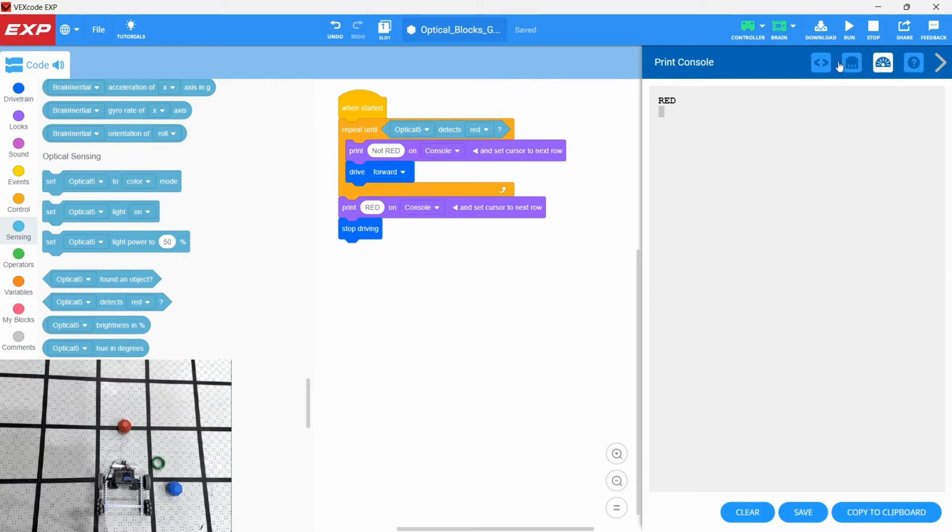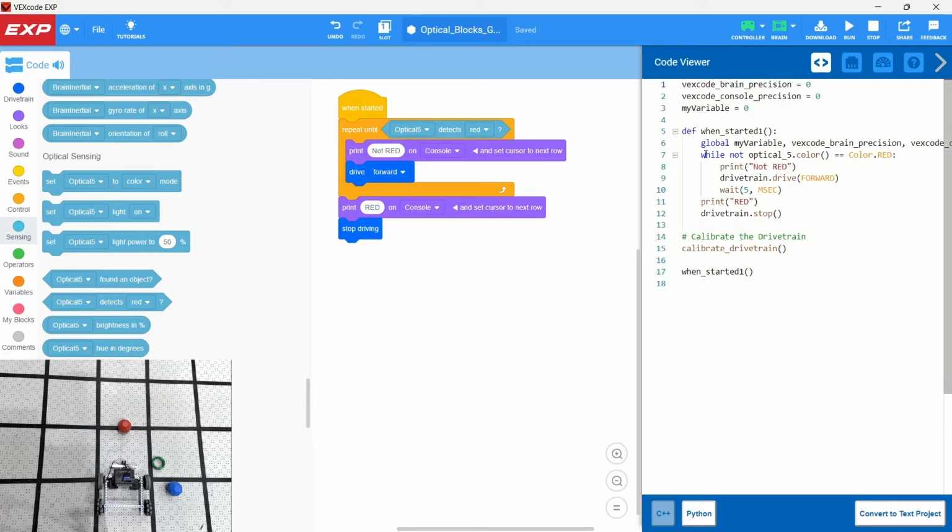Okay, so if we go back to the underlying Python code here, we take a look at while not optical 5 dot color, and this is calling the color method in this optical 5 object. So I'm going to get a little bit deep here for a second. If we think of this color, this is a class. It's like the cookie cutter. And an object is like the cookie made from the cookie cutter, which we can go into later. But basically what happens is this immediately tests this whole thing. So optical 5 color red tests as true,